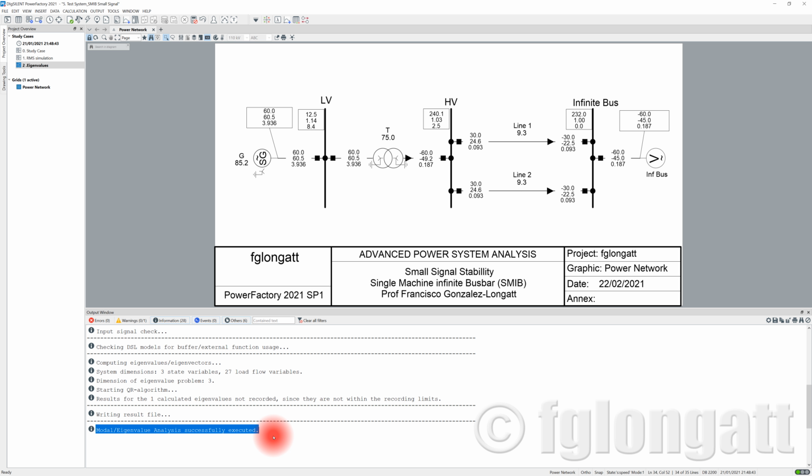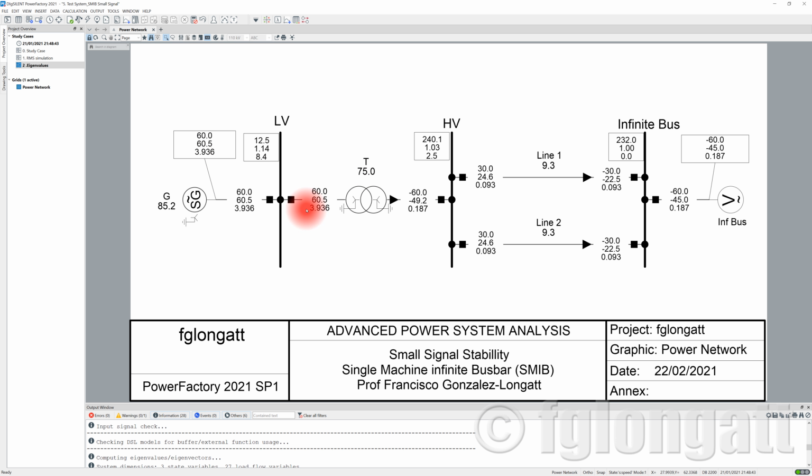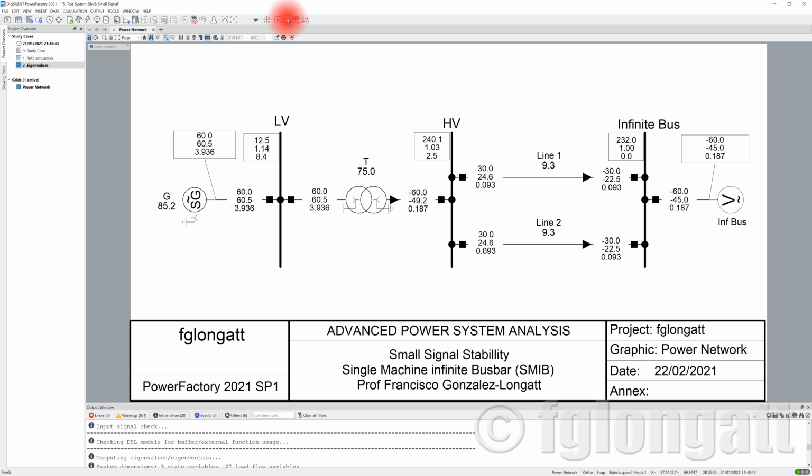What is the next step? The next step is, my students want to see the eigenvalues in a graphical way, okay? You can do that in a very simple way. Let me maximize here the size of the graphic window, and let me do the following. I will create a plot, and in this case, I will create a plot of eigenvalues, okay? You can see that when I select here at the toolbar, create a plot,